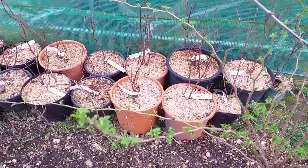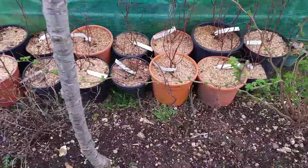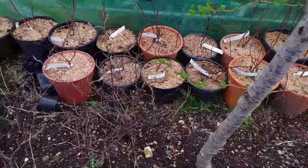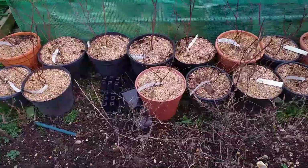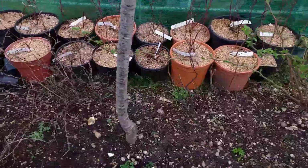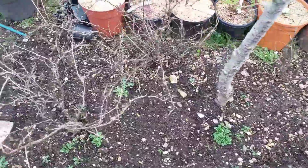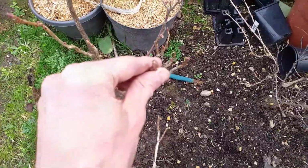Okay, my blueberry collection, some of it anyway, under here. This is going to be doing very, very well, I'm sure. All in nice growing mediums, so I'm expecting good crops. Probably not a massive crop this year, but as these plants mature, they should do very, very well. And you can see the soft fruit bed here, all getting ready to bud up, leaf out, and hopefully produce